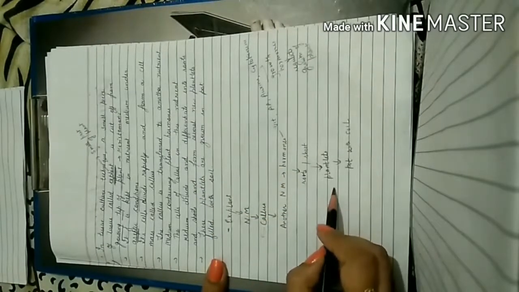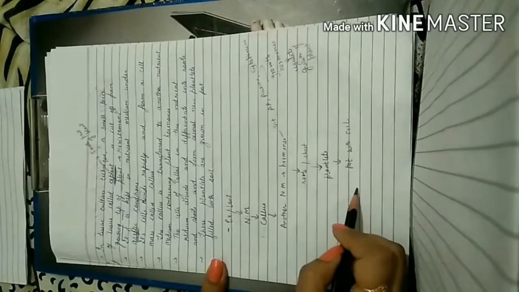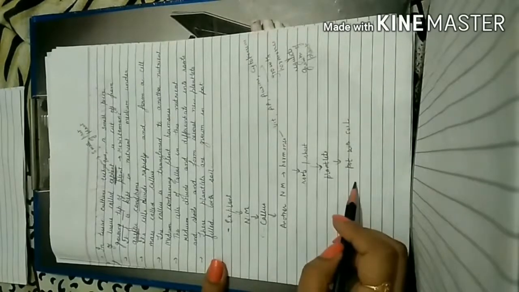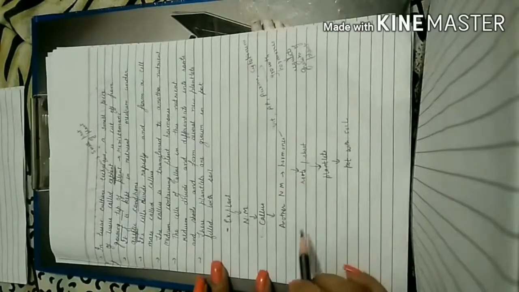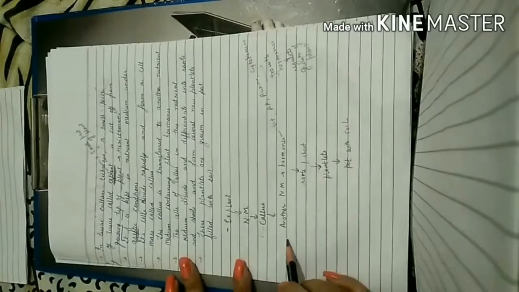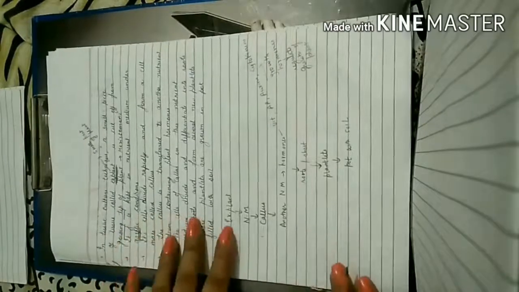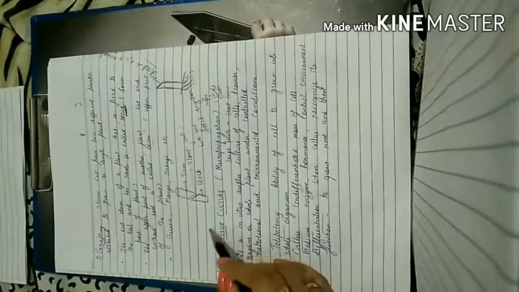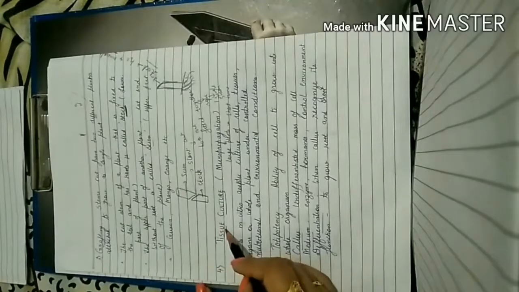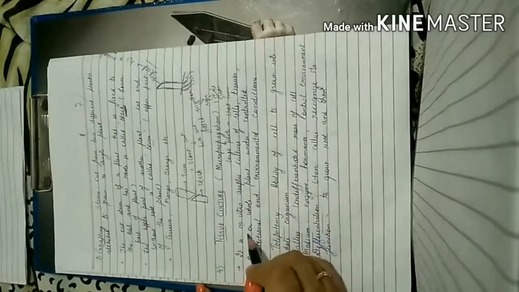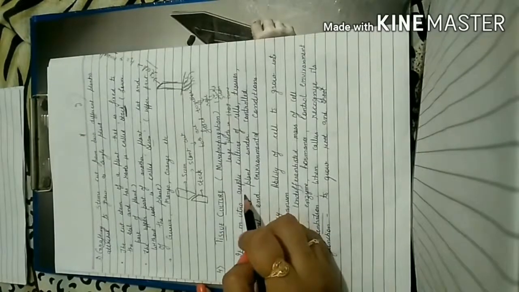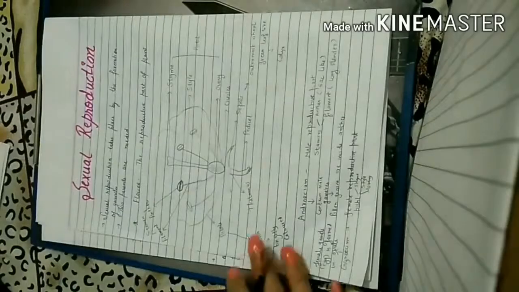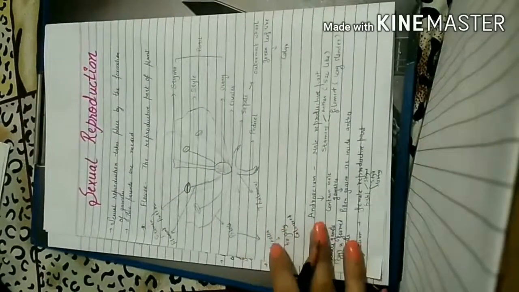And these plantlets then will be transferred to the pot which is filled with soil, and that will develop into a plant. So this is the way how we can develop a new plant using only a small piece of tissue from a plant. So this is a tissue culture technique, and it is also referred to as micropropagation. So what we have studied in tissue culture, here we may develop a new plant under aseptic conditions, right? Using only a small piece of tissue. So tissue culture is also known as micropropagation.